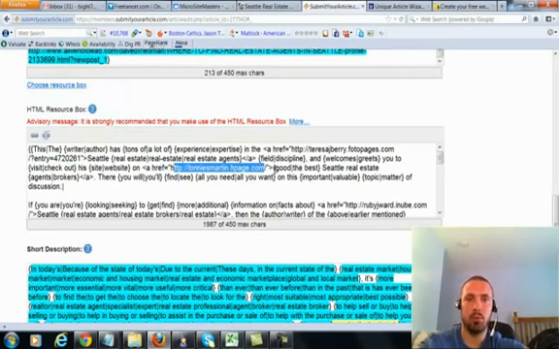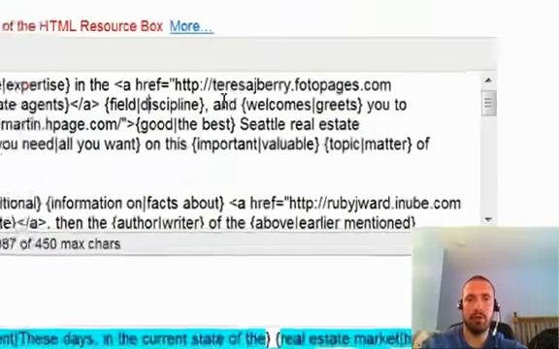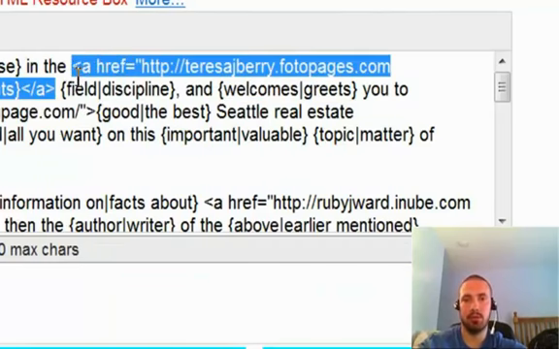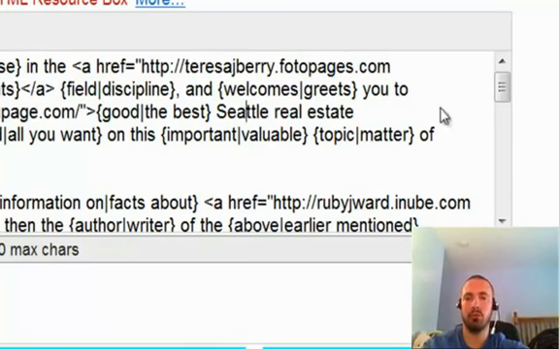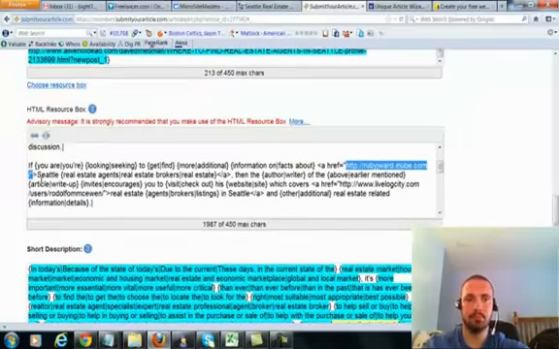Again, remember, normally what I would do is copy this, hit my link button, and then paste this URL in the box. I'm just doing it with the HTML, and you can do it this way like I have it, and it will come out with the links. So you can either highlight the text you want and enter in the URL and hit OK, or you can put in the actual HTML code like this. I'm just using the HTML code because it's easier for you guys to see. Alright, so my first Web 2.0 properties there, my first 2. Resource box 2, there's number 3, and there's number 4.